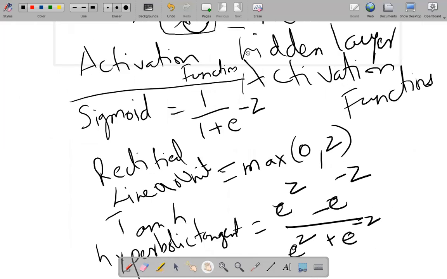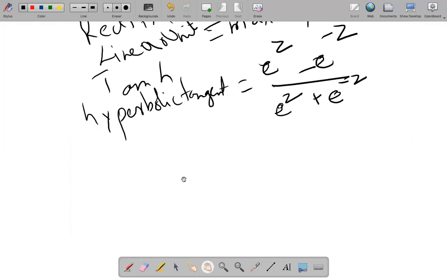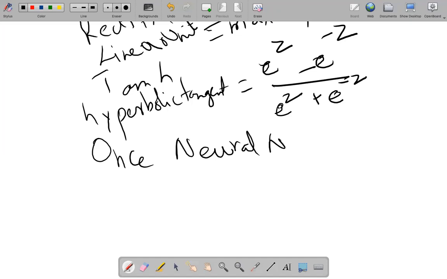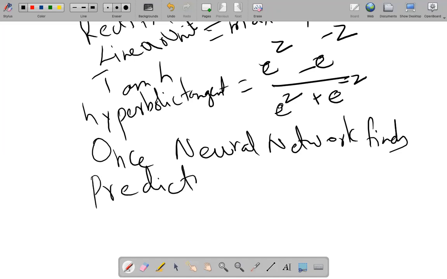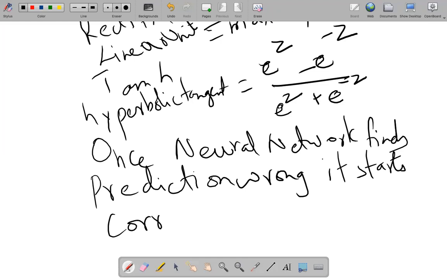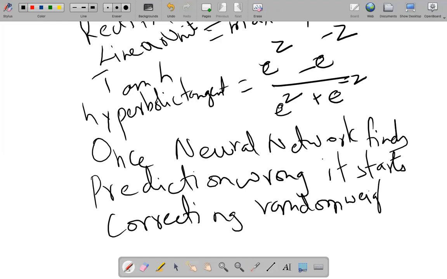So once the neural network finds the prediction wrong, it starts correcting the random weights. All of them. It cannot miss even a single weight. All the weights must be corrected.